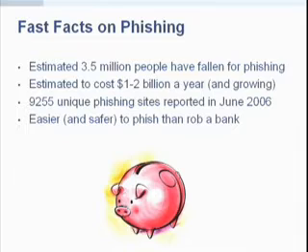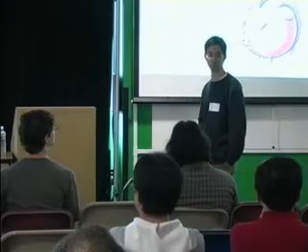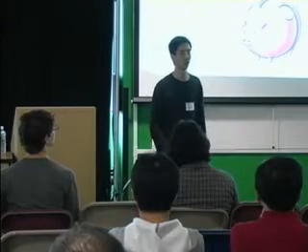And I've also heard many reports from newspapers and media that it's actually easier and safer to do a phishing attack than to rob a bank. Okay, so I'm definitely not encouraging any of you to do this. But if you think about just the sheer numbers, if you send out, say, 1 million of these emails, you only need about 3 or 4 people to fall for it. And if you get about 5,000 per person, that's about $20,000 right there. And again, much safer than robbing a bank.